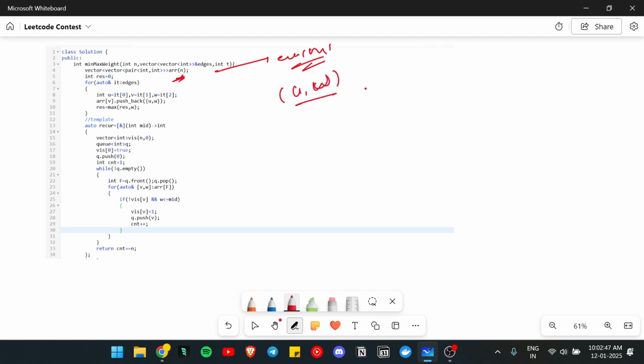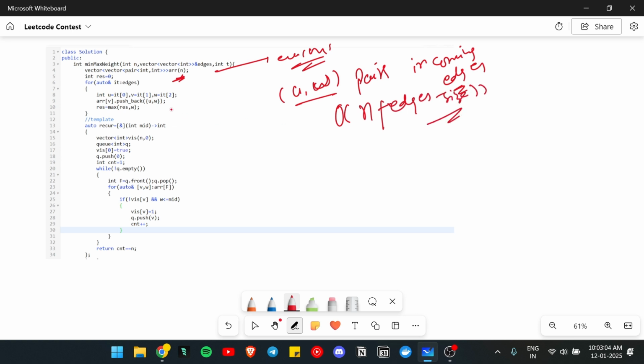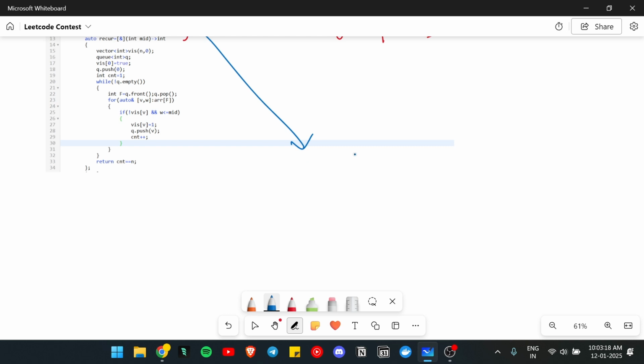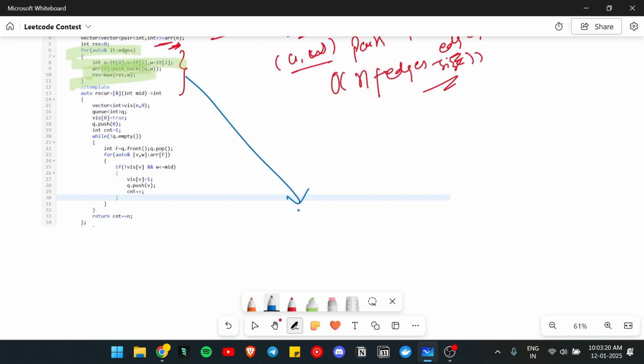u comma weight, for all pairs, these are incoming edges. And the time complexity of this code is O of n plus edges dot size. And after this we have this one. The purpose of this code is